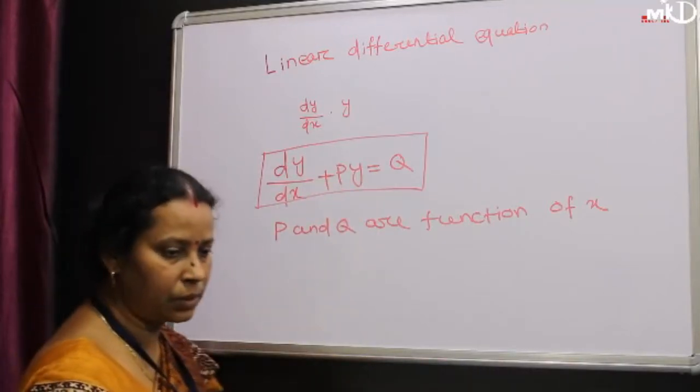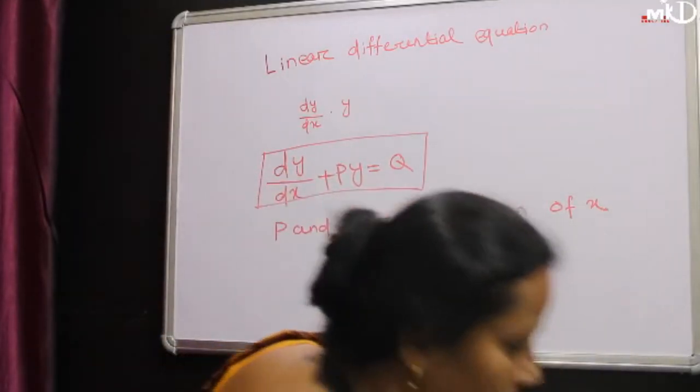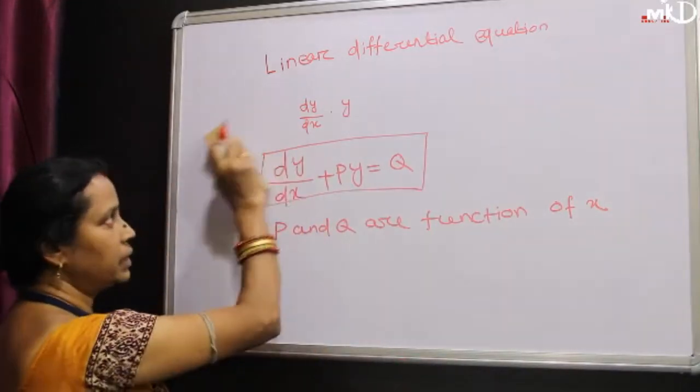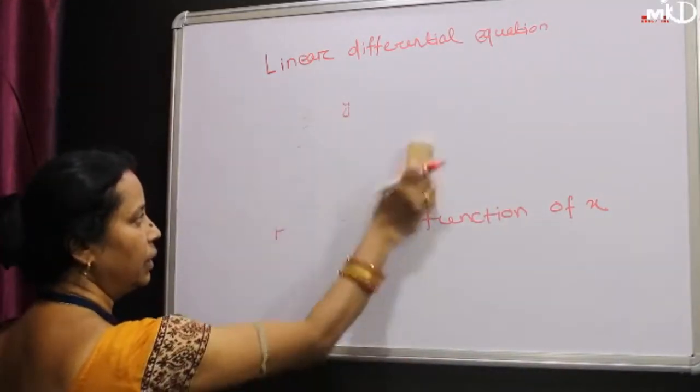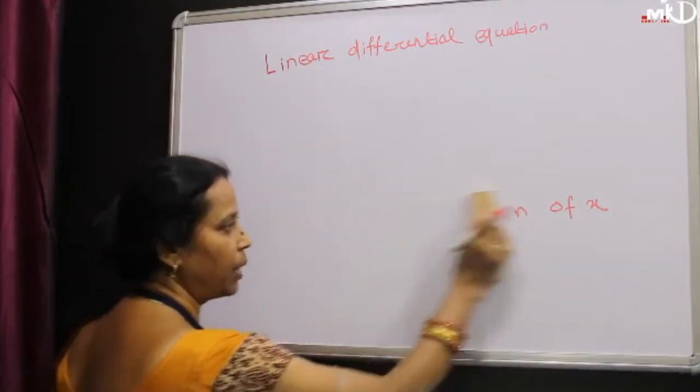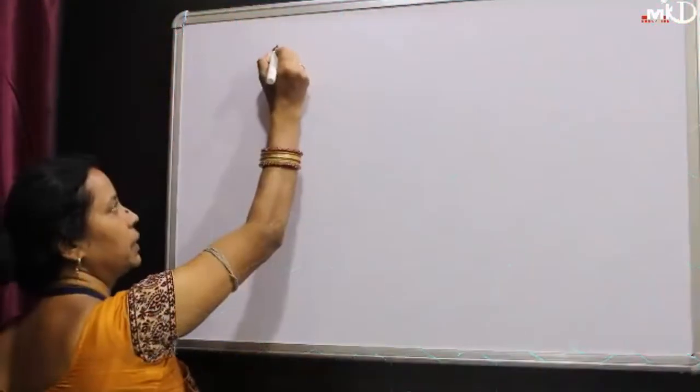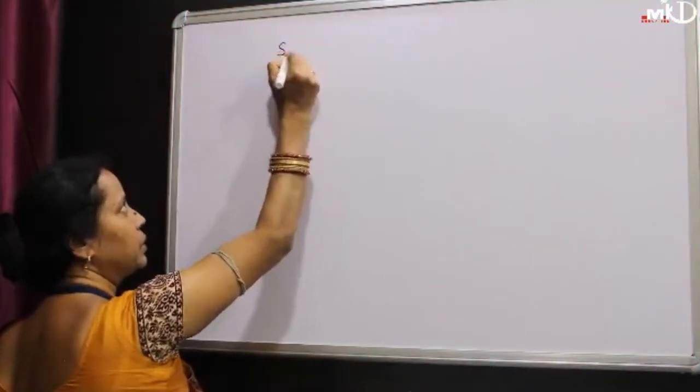So, if we find such type of differential equation, then this is called a linear differential equation of first order and first degree. So, whenever we find a linear differential equation, now we find the solution of this linear differential equation. So, first we write some steps of how we solve this linear differential equation, then we solve the problem. Now you see, these are the steps